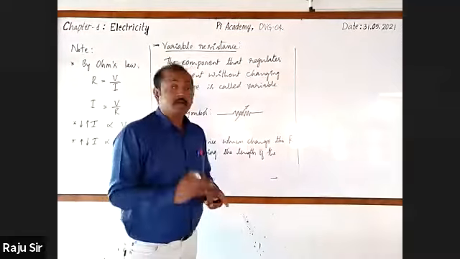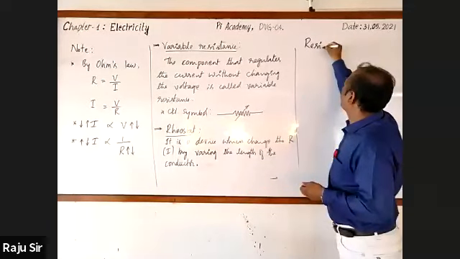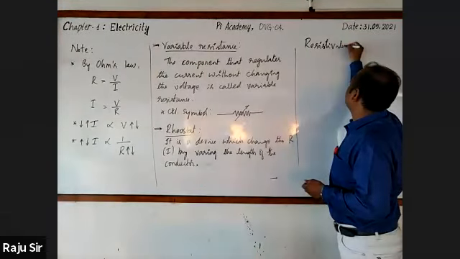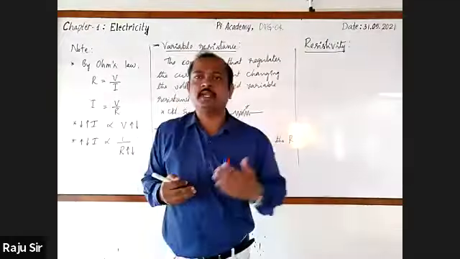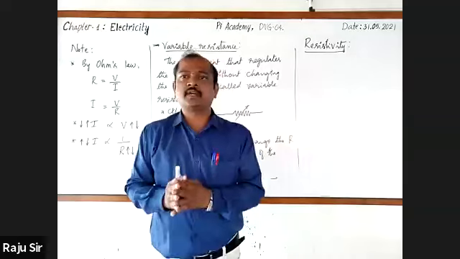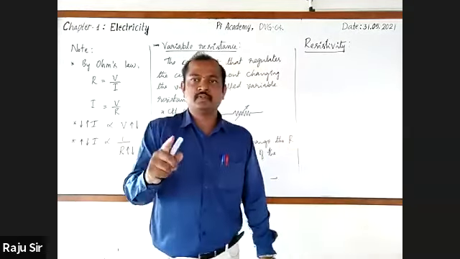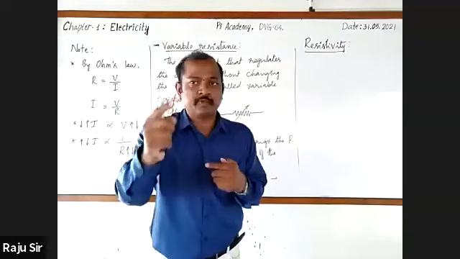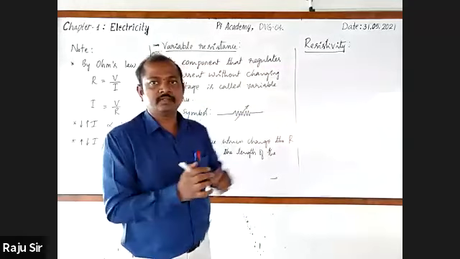Observe. Now write regarding resistivity. Just once recall the definition of resistivity. It is nothing but the resistance of a conductor of unit length and unit area of cross section. Meaning is different from definition. Now, first I'll give you the definition.